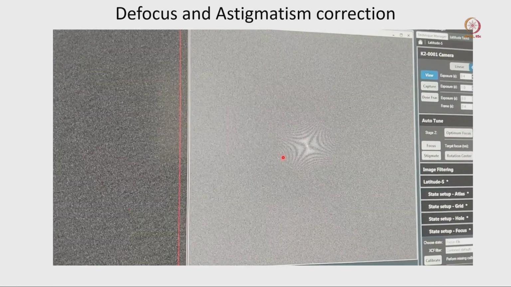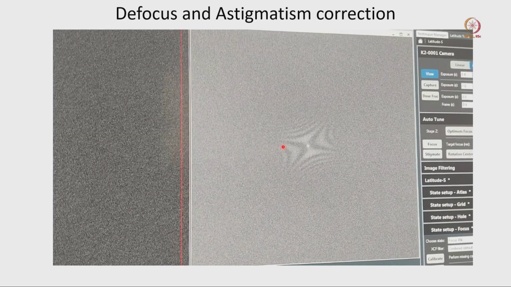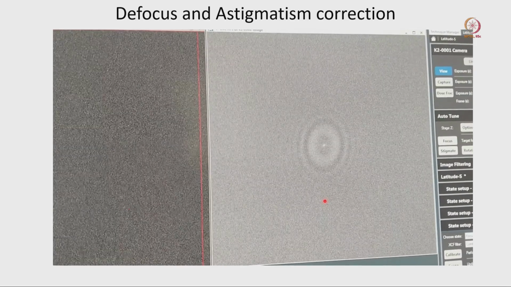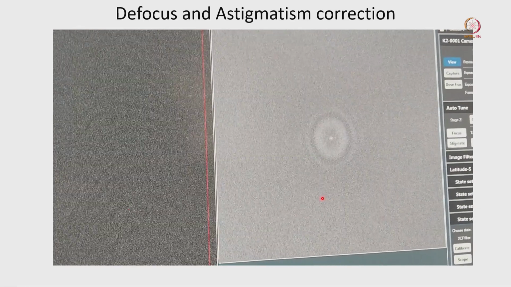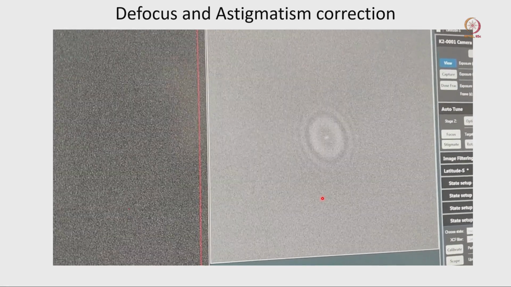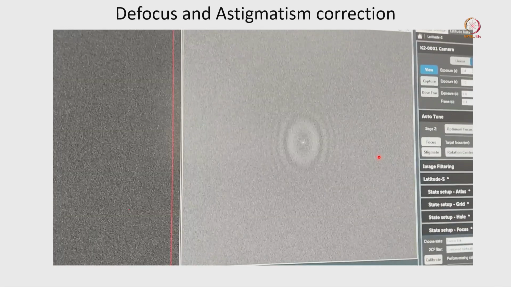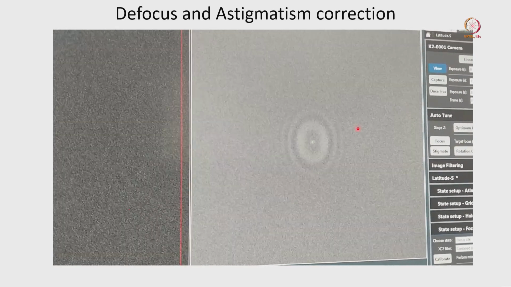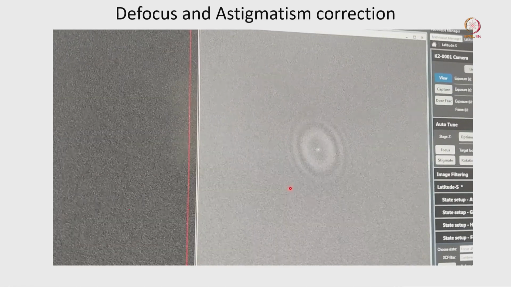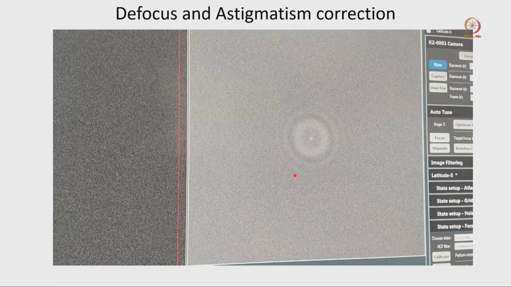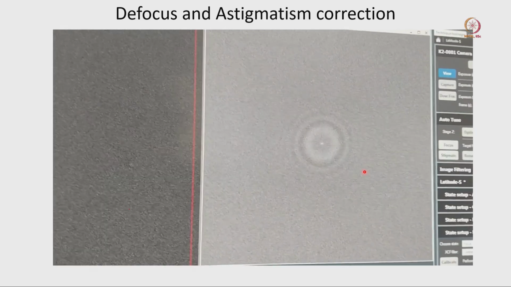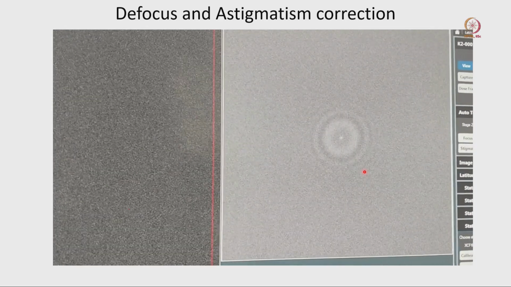Most of the time, whenever we have to correct the astigmatism, we use the multifunction x and y lenses. If you remember, the multifunction x and y lens is made by a quadrupole lens system, where north and south poles are connected with each other. We discussed that when we covered the electromagnetic lens system. Now you can see there is an elliptical power spectrum, and we are gradually correcting it and trying to make it a circle. If we wait a little bit, you can see the power spectrum is almost a circle now. That is an important point.